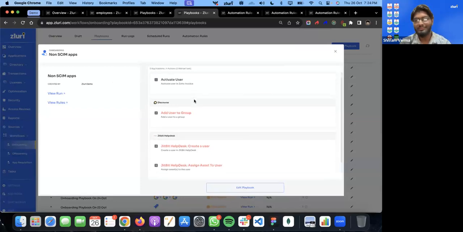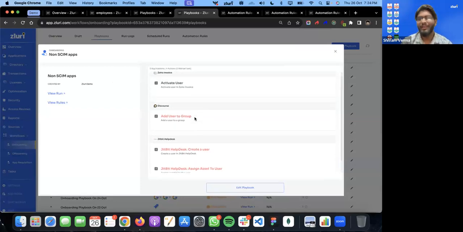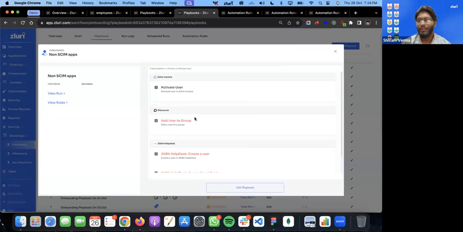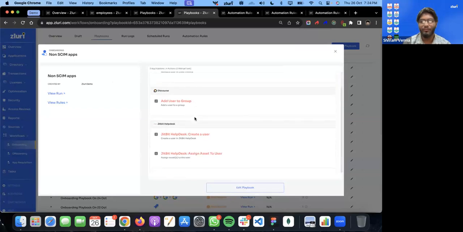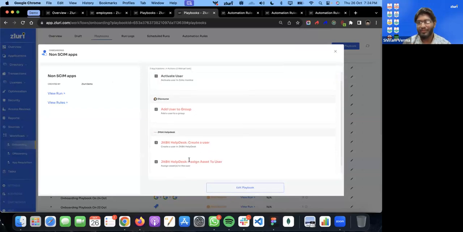You see Zoho or Discourse or even Jitbit, I can control what I want from these applications. If I want to activate a user, deactivate a user, what kind of groups or assets they get access to, right? So I can go into that level of access control, even for applications that don't support SCIM actions.